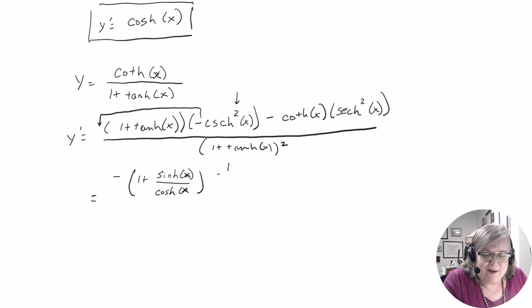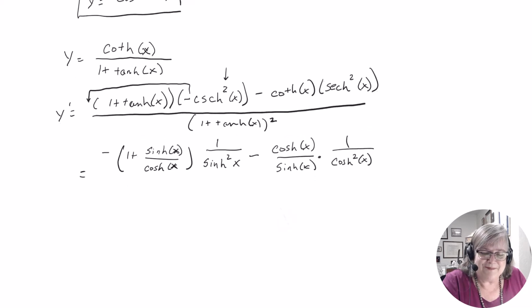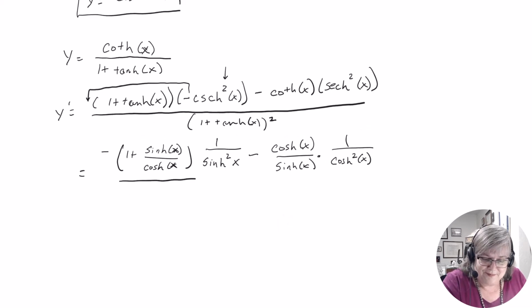Times 1 over the hyperbolic sine squared of x, minus the hyperbolic cosine of x. You try saying this a few times. Over the hyperbolic sine of x times 1 over secant. Secant is 1 over cosine, right? So this is 1 over the hyperbolic cosine squared of x. There. All over